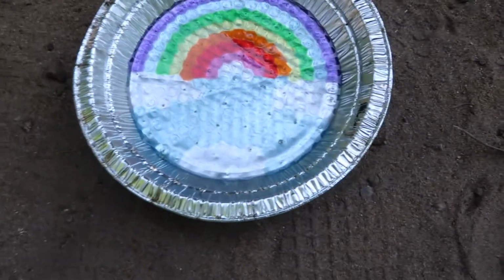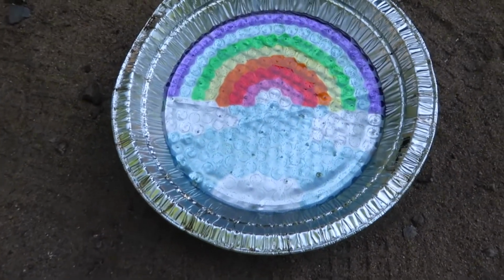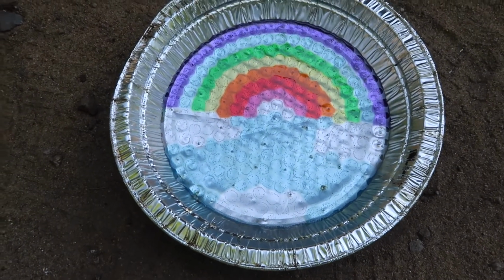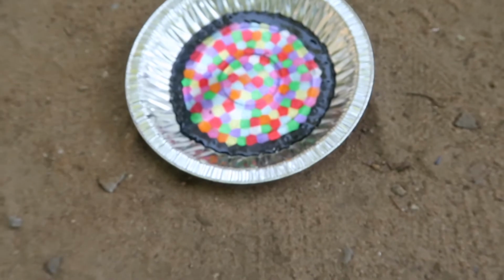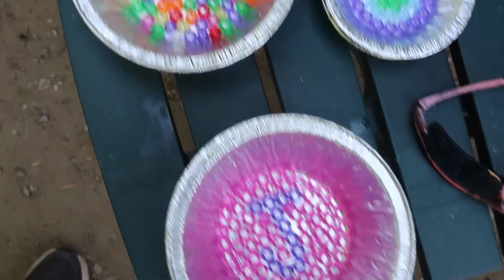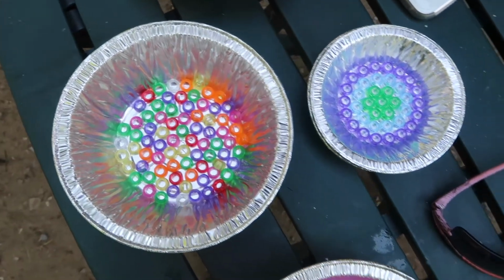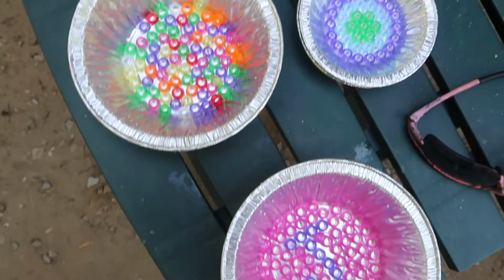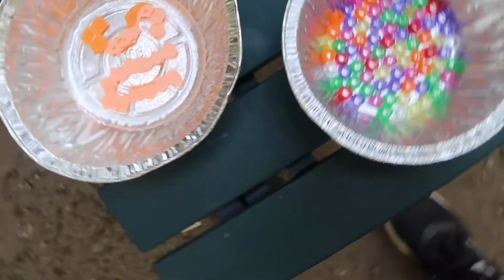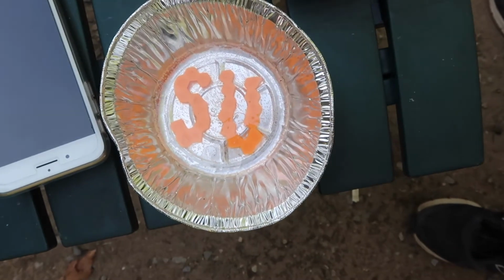So here's one of the designs that I made that is cooling off right now. Joanne made that design. Two others are going in shortly to finish off my little sun catcher wind chimes. So, oh, and then this one's a sun one. So